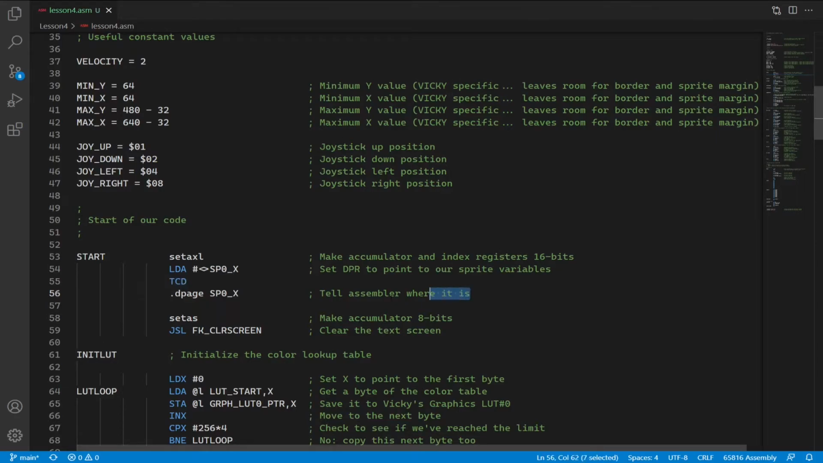Now, just like with the widths of the accumulator and the index registers, where you've got to tell the assembler what those values are, in a similar way it really needs to be informed about what the direct page register is set to at any given point in the program. This is because if you are